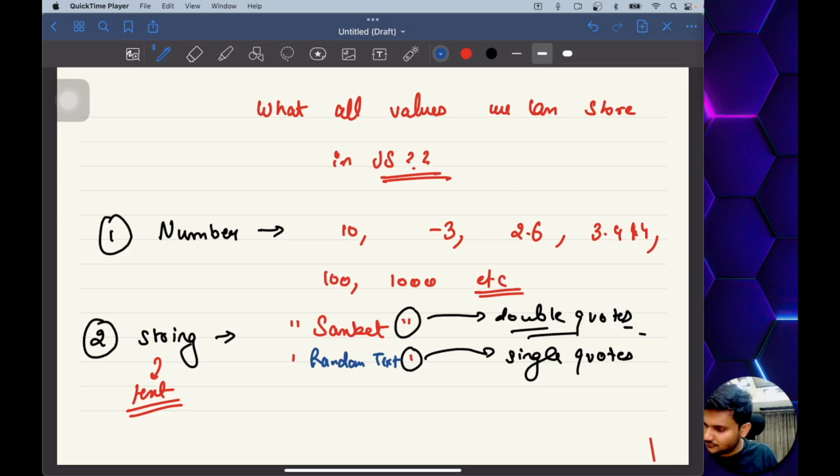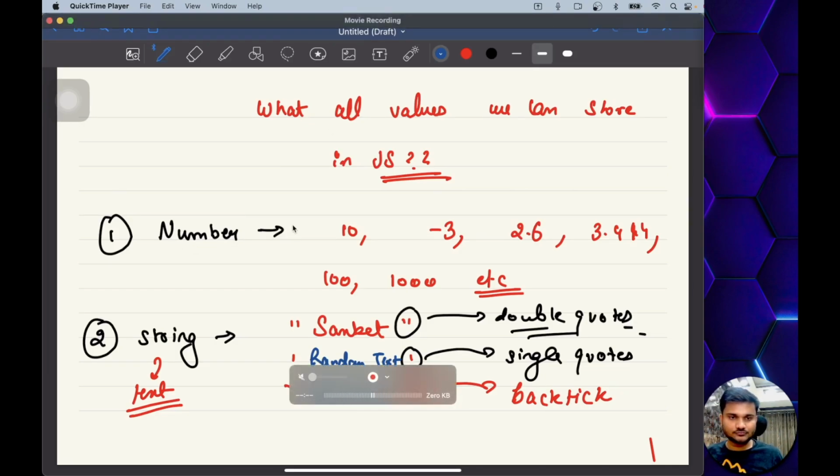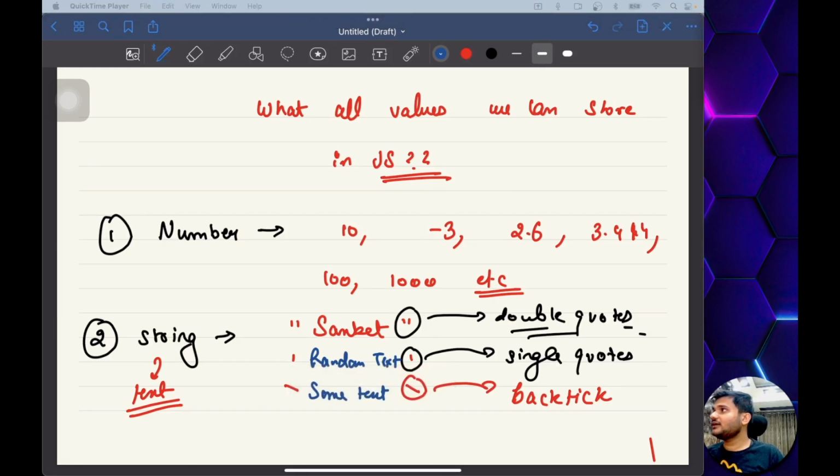The third way is you can use a pair of backticks. I'll show you what keyboard character a backtick is, but inside backticks also you can write some text. Texts are said to be strings. It's a general programming term. Wherever you hear the word string, we are referring to some text. If you want to see the backtick on your keyboard,